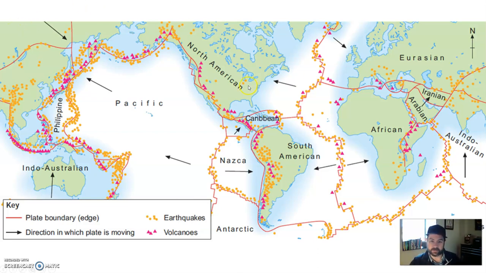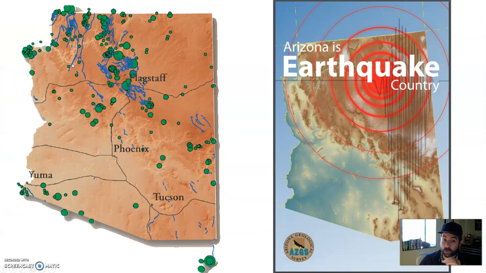So, for instance, looking at some historic earthquakes that happened in the Midwest here, way far away from a plate boundary, these are known as intraplate earthquakes. Some breakage and movement underground causes some rock surfaces to move relative to one another, causing an earthquake. Not unlike what you see in some of these other locations away from plate boundaries. As far as Arizona is concerned,